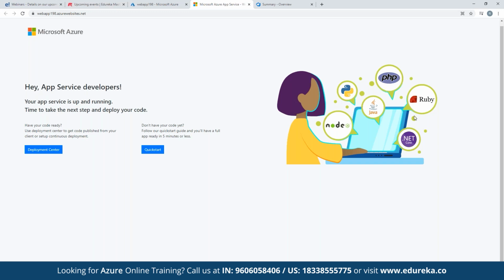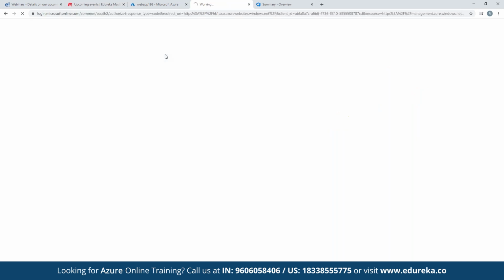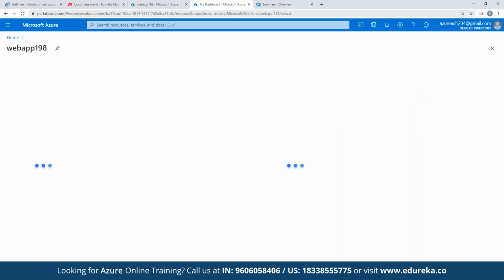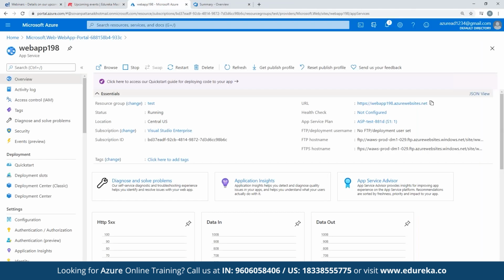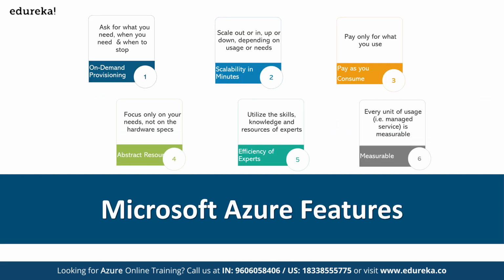The famous ones are PHP, Python, Ruby, Java, Node.js, and .NET Core. And you can have your code ready. A developer can go straight to the deployment center, or they can build their code, right? All right, so this is available. The website is up and running, and we can go to the deployment center. Once you click on the deployment center, it will take you to where you get your code published, right? All right, so this web app is already created in a very short time,